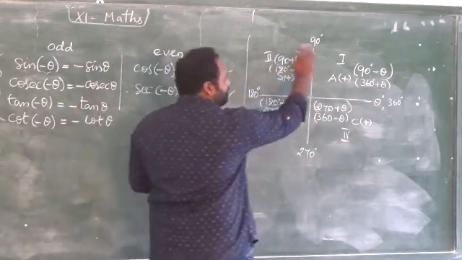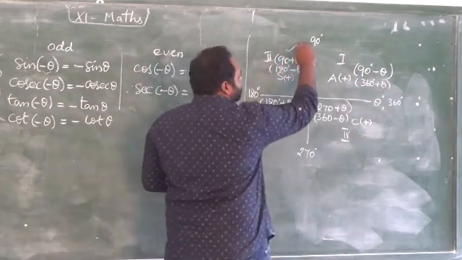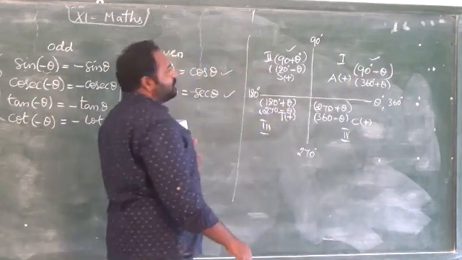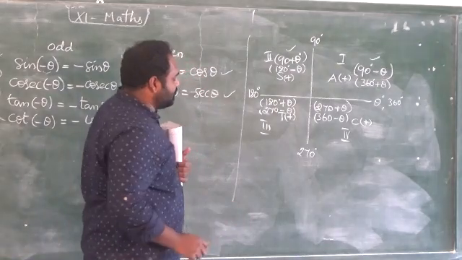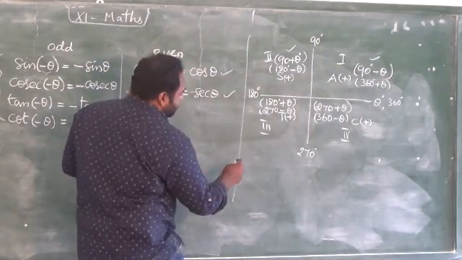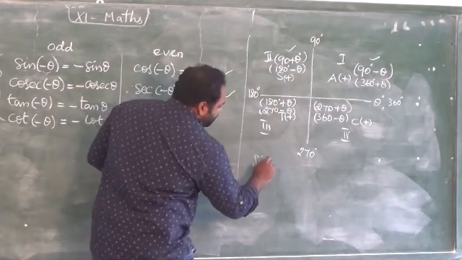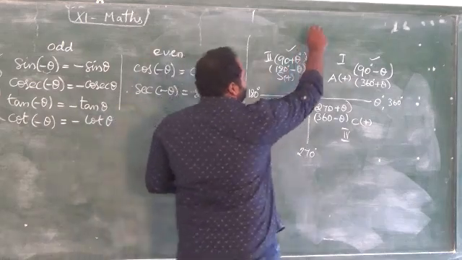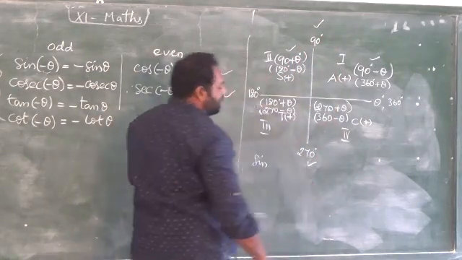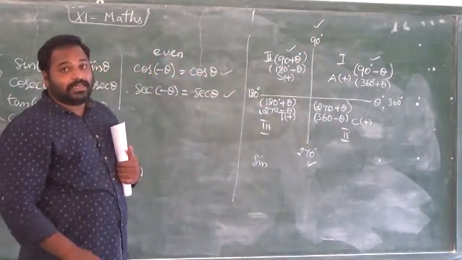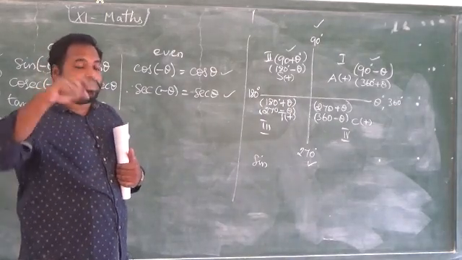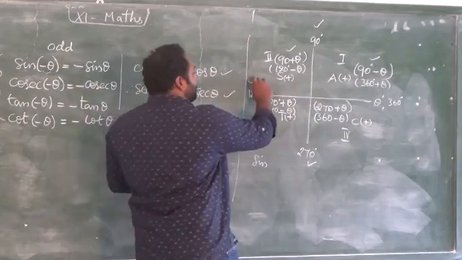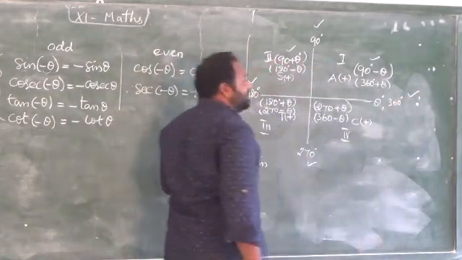So these are the very important quadrants, and these values are very important to use. These values we are going to see here. One more thing we must understand: with 90 and 270, the trigonometric ratios will be changed into co-ratios. Then 180 and 360 will not have any changes.